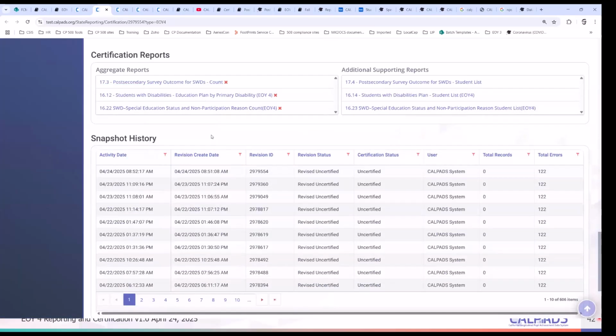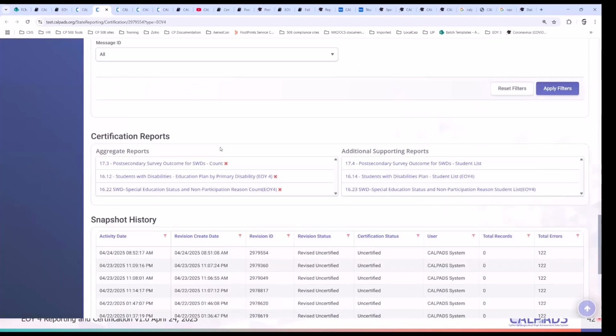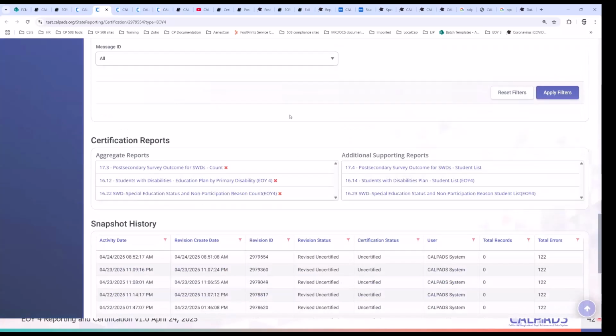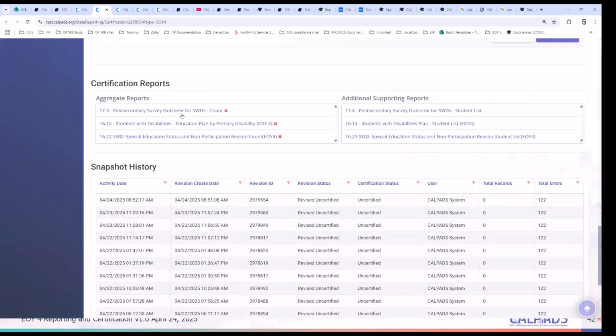And then of course, if let's say you've corrected all of your CDDs, all of this cleared, you have zero errors, then you may go on and review the certification reports. So you only have three aggregate reports that you will need, or that is expected to be reviewed and certified, right?